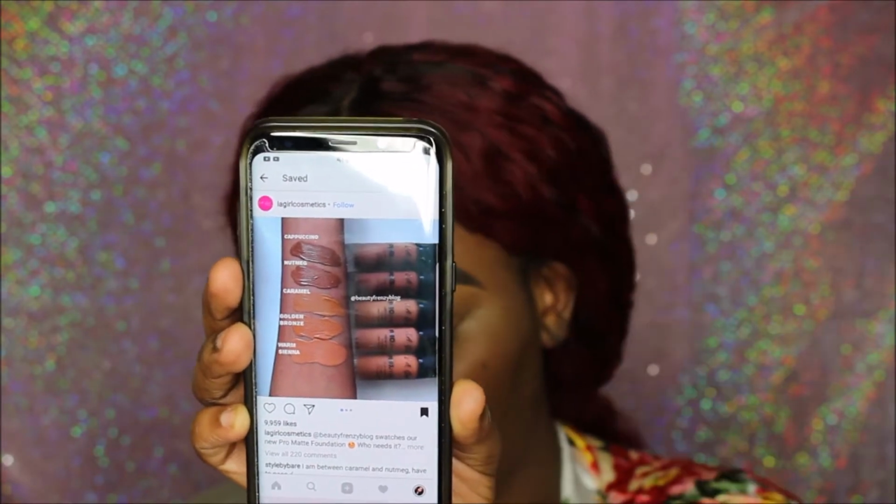are darker. However, I still wanted to test out this foundation even having these two shades, because I still don't feel like this foundation actually has my shade range at all. I'm feeling like now I could have gone between Nutmeg and Caramel and probably mixed the two of those. But even then, I'm not sure if I would have gotten a shade out of this range. So in the color range, guys, it actually comes with 14 different shades, which is not a lot of shades